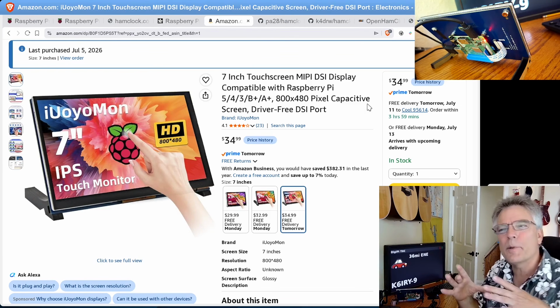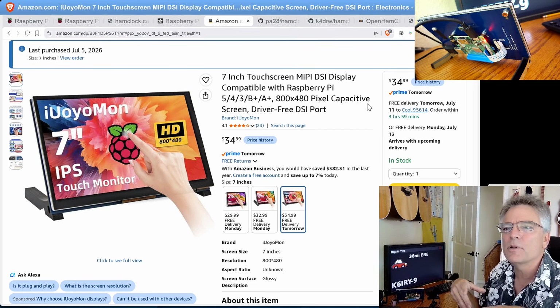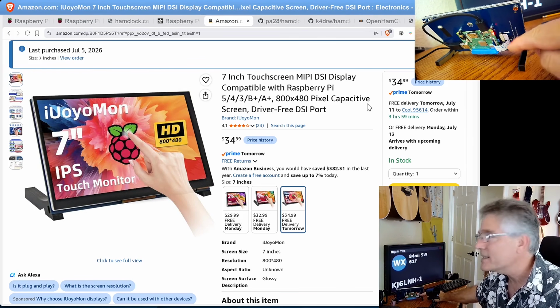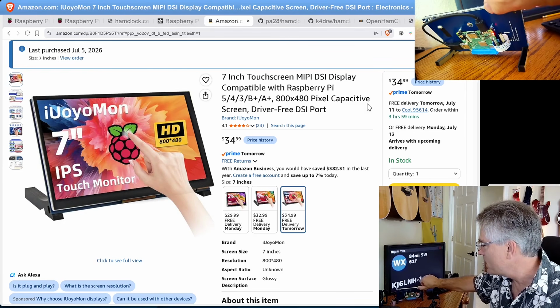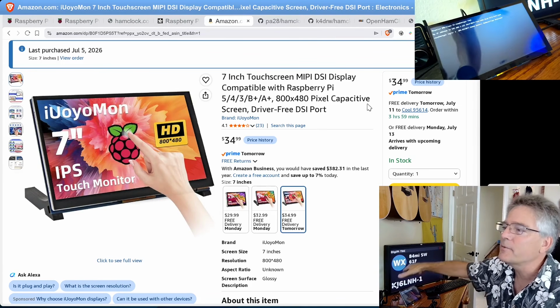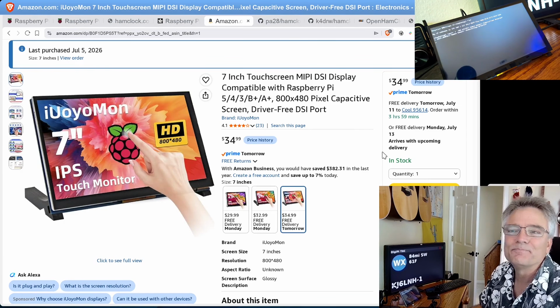All of the large format Pi. So you're not going to find this DSI cable on a Raspberry Pi Zero. Okay, so it's got to be like a full size Pi here. That's the DSI cable. This is not HDMI. It's pretty cool. The resolution here is 800 by 480, which is more than sufficient for what we're running here